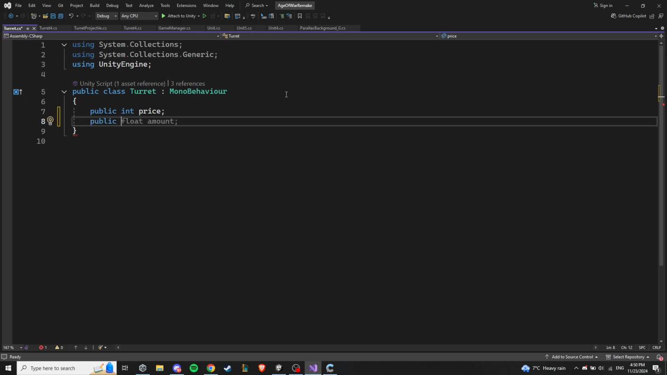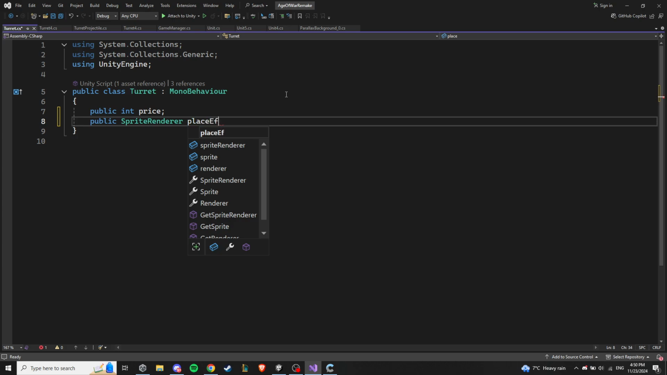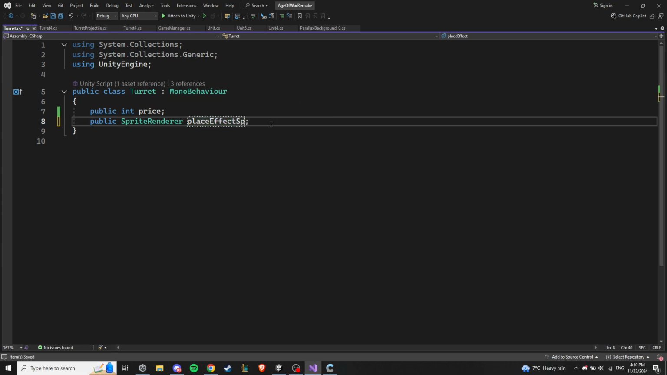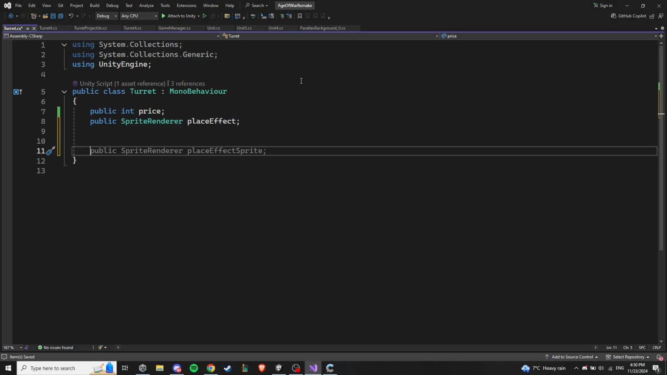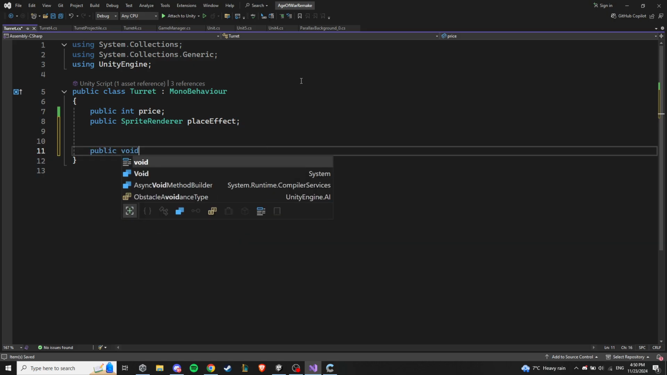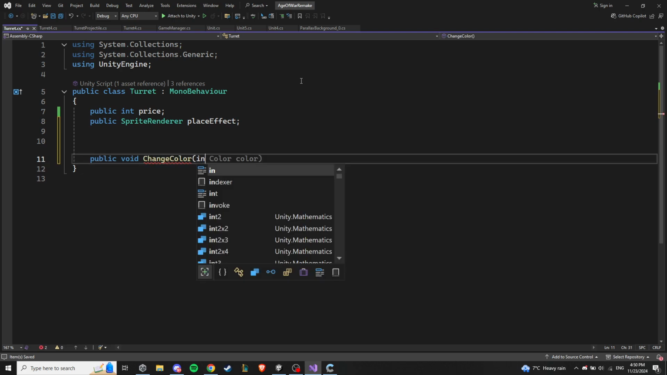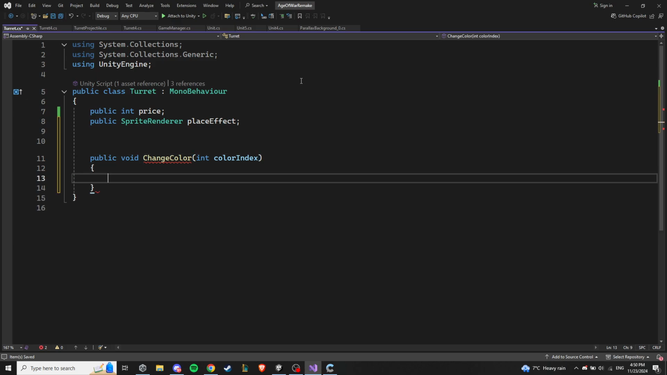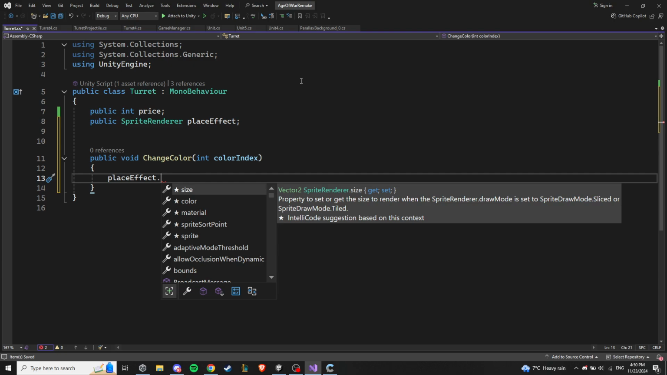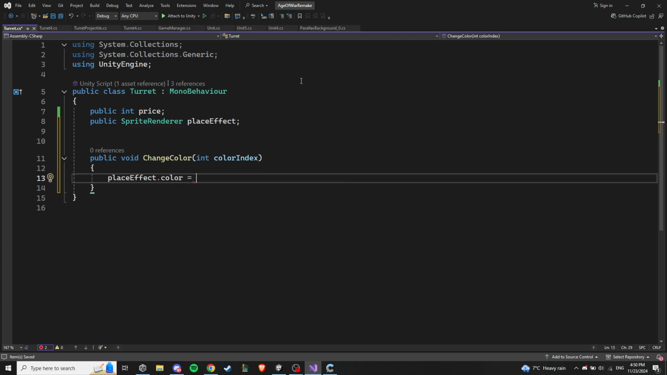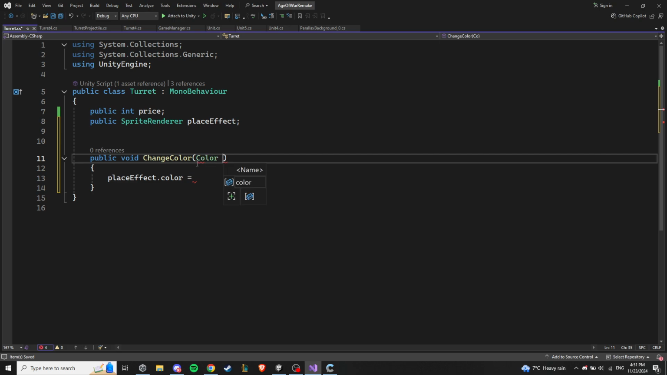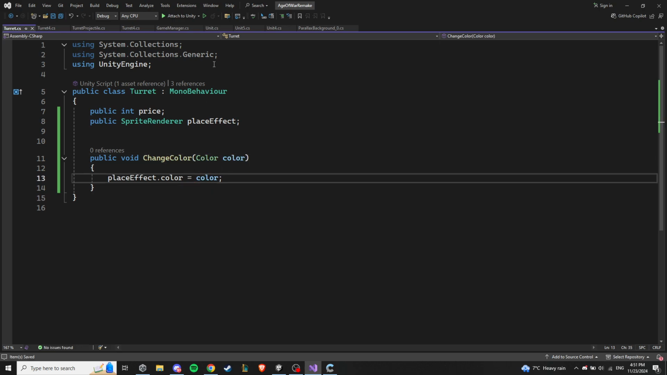Public sprite renderer place effect. Just leave it like this. And here we want to have a function called public void change color, and here we want to know which color. So int color index, and then this place effect color equal to, sorry, not the color index, but the actual color. So color. Here we change the color,